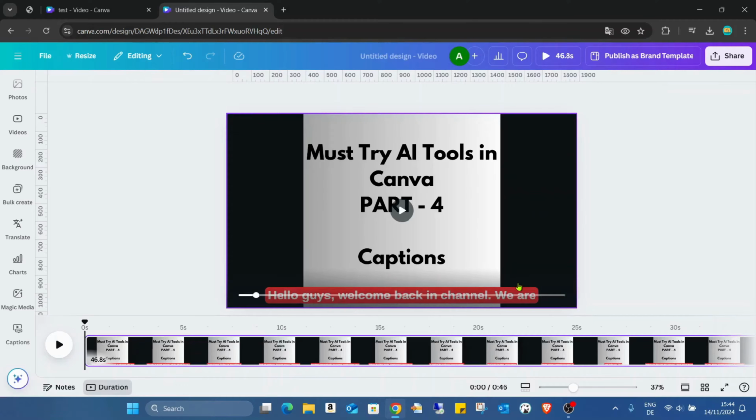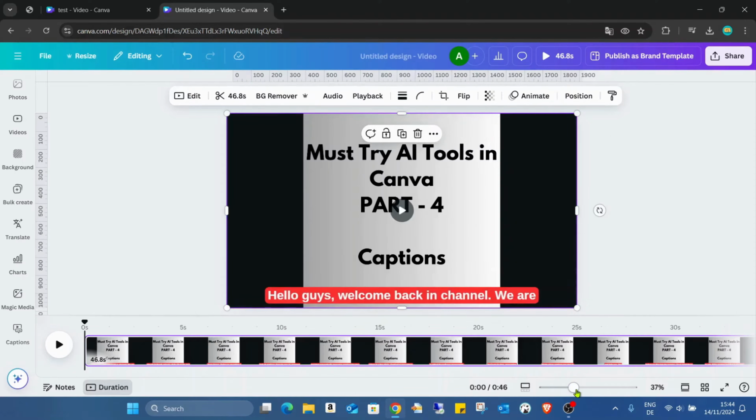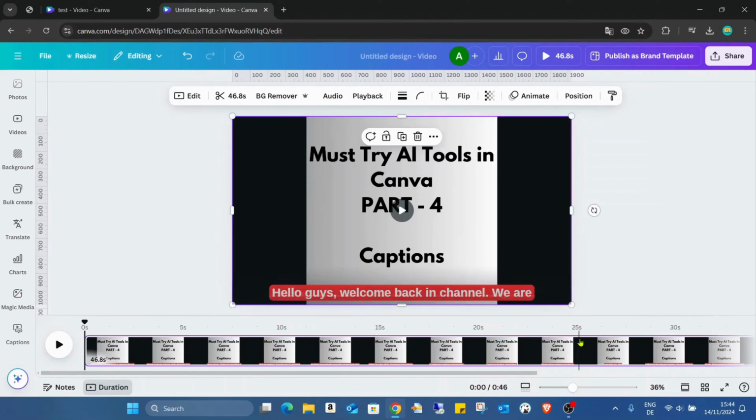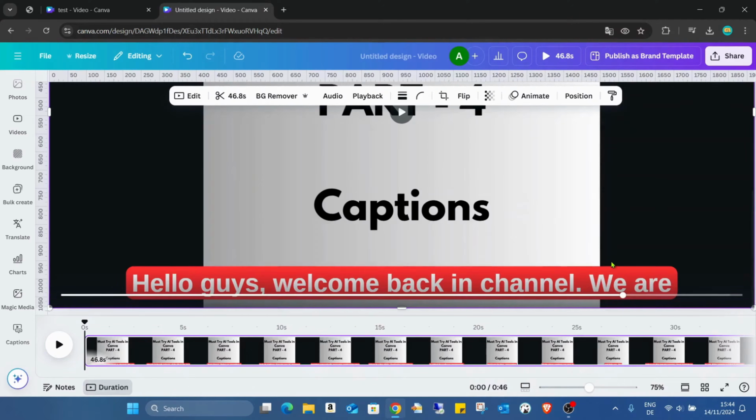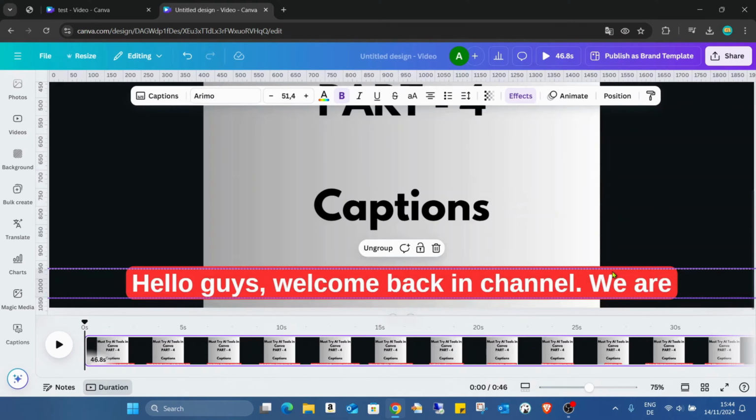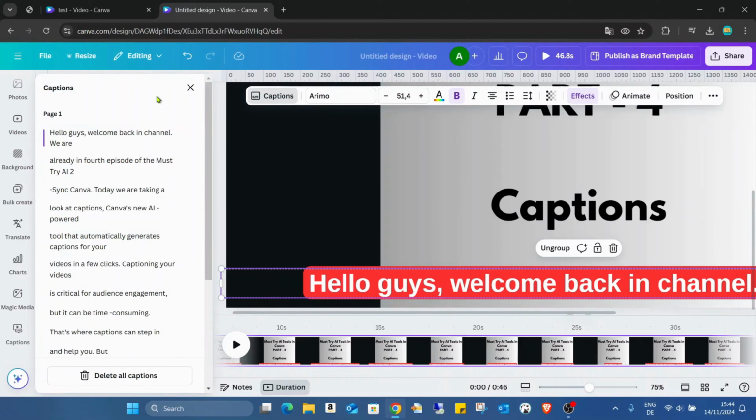And one important thing also, if I click on it, that's a bit tricky when moving on the timeline, so I have to zoom in a bit. Going to this captions button, here we can see the captions that were generated by the AI, and